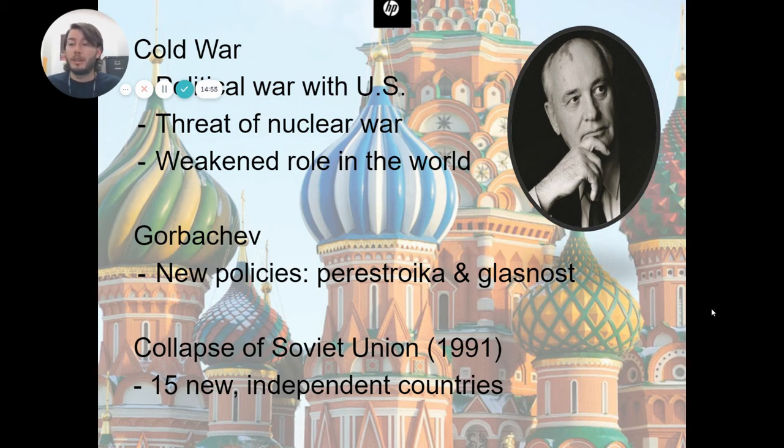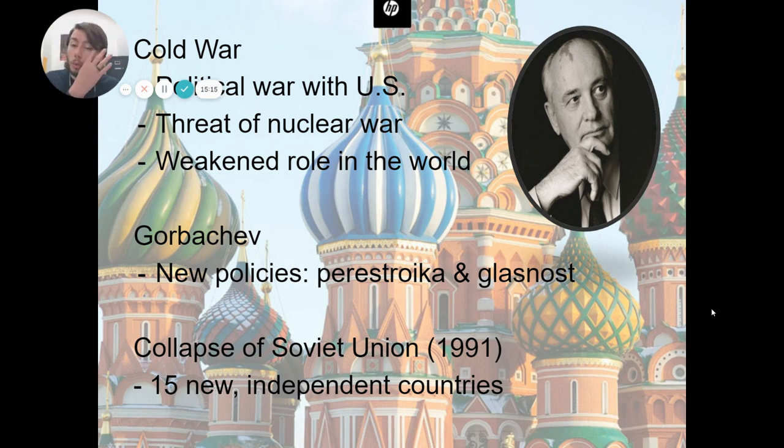A space race, right? The Soviet Union's like, we're going to put a man in space. So they did. They were the first country to make a rocket ship and go into space. And we're like, well, we're going to fly around the Earth in space. And then they're like, well, we're going to land on the moon. And we're like, no, no, no, no. We're going to land on the moon. And it was a race to see who could do it. We did it first. And that stuff cost a huge amount of money.